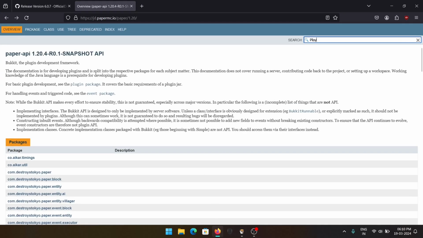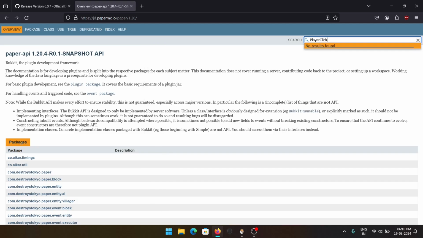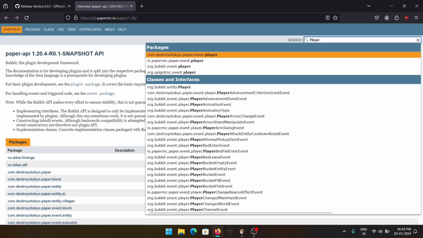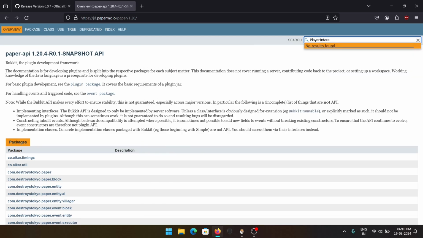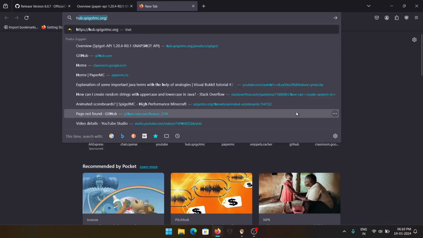It's a player event, but you might search for something like player click block event, and you don't know because it's just not there. No event like that exists. But if you have some decent knowledge of these things, then you can search for player interactive event and you'll get all of the related things right there. But if you still don't find it, just search up